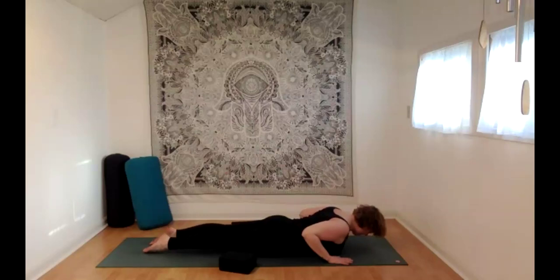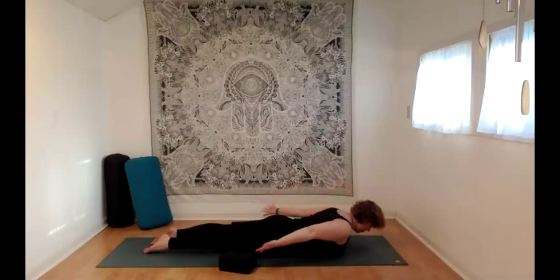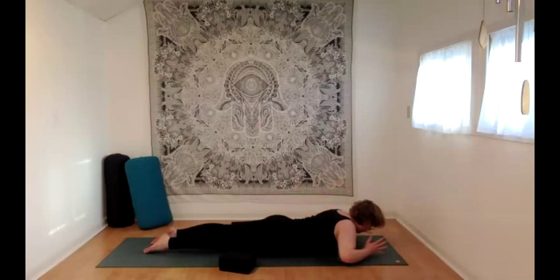We can take the next step if you'd like to, hovering your hands up off of the floor. If this is still feeling good, feel free to extend your arms out in front of you. I think sometimes it's called a Superman pose. And then go ahead and swim your arms around and down by your sides. We're swimming. We'll bring the hands back up by our sides